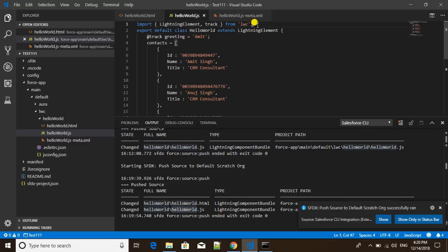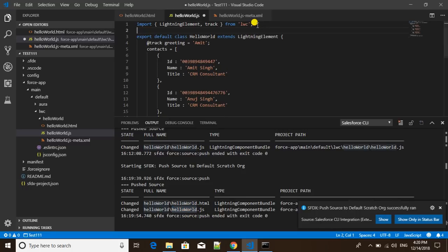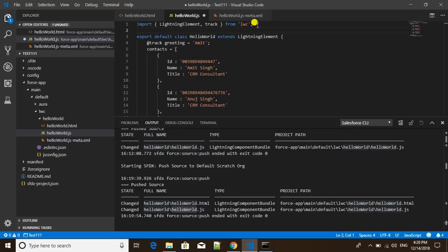In the meantime, while it's refreshing the page, I can also show you how to import metadata. You can see that it's web standard plus metadata. Metadata means it is directly how we can call Apex classes, or how we can get the objects and the field details here. So you don't need to do anything else, you can just import. I'm just saying the name field,